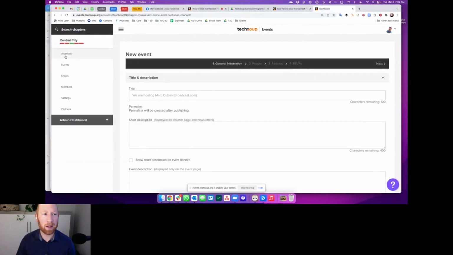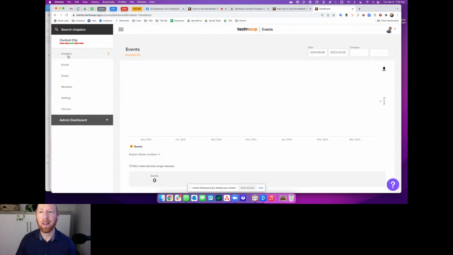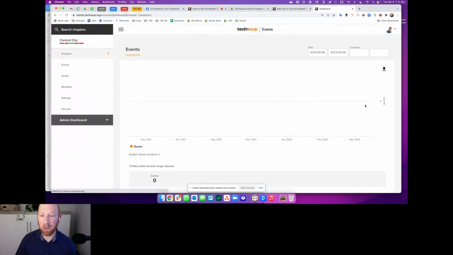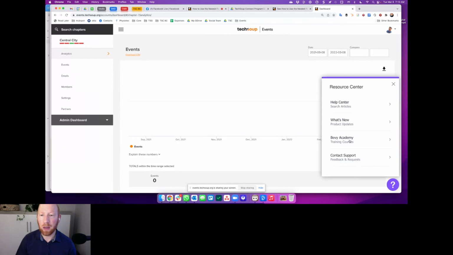So let's go back into basically the back end for any of these events. And you'll see on the bottom right, there's a big question mark. If you click that, it brings up the resource center, which takes you into either the help center, where you can start searching for those there. But you can also, of course, go into here and say, what are the latest updates, like the latest features? And you can also from here